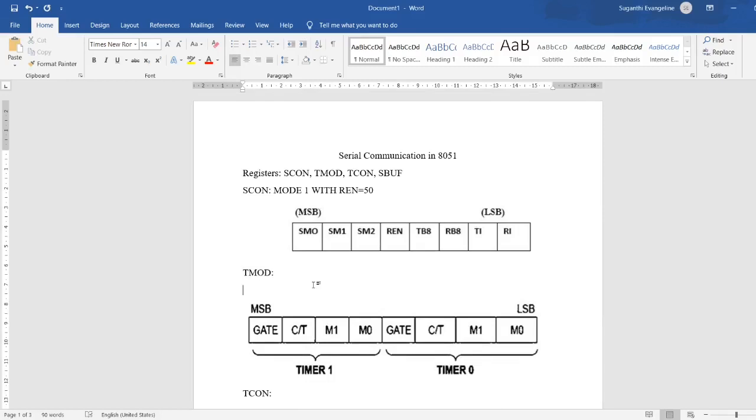Good morning, all. In this session, what we are going to learn is serial communication in 8051. My main motive is to enable you to write the code on your own. Okay, so this is my intention. Before going to the coding part, we need to know what registers we'll be using in this